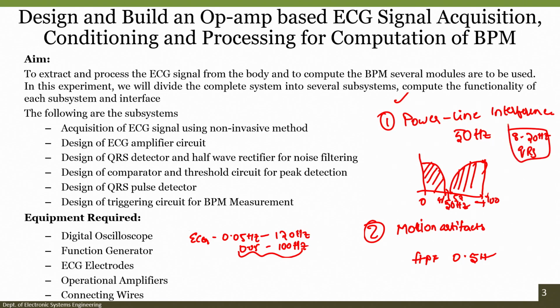Since this particular frequency is required for us, as long as we can allow this band of frequency and remove the other bands unwanted, we can compute the BPM. But we will try to use proper filtering circuits to remove frequencies below 0.5 Hz and above 100 Hz too, so that we can see the proper ECG signal in our oscilloscope DSO2.